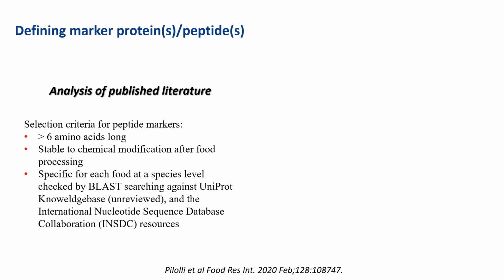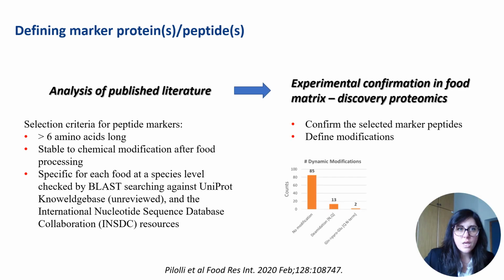Different factors can influence the quantification of the peptide along the analytical pipeline. First is the selection of strong and reliable peptide markers reporting for the allergenic food protein. These can be either selected from literature or in silico, and they need to follow strict criteria that aim at enhancing the confidence of the marker. Candidates should then be validated in the food matrix by discovery mass spectrometry to confirm their presence and to assess the extent of modification that could have been induced by the food processing.